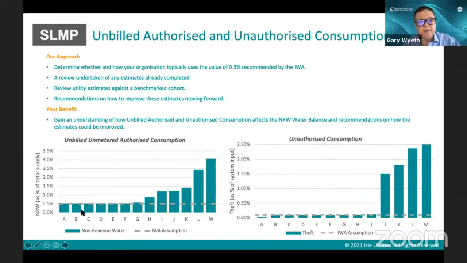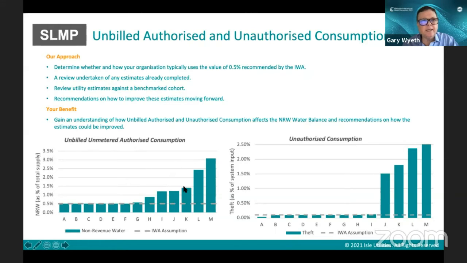So you can see where some utilities just use the IWA assumption, whereas others try to make a better estimate of how much unbilled, unmetered, authorized consumption is. Unbilled, unmetered is going to be things like firefighting, watering, tankers filling up, watering of gardens, that sort of thing, mains flushing. These sort of areas will account for your unbilled, unmetered. And you can either use the IWA assumption, which is what a lot of utilities do,